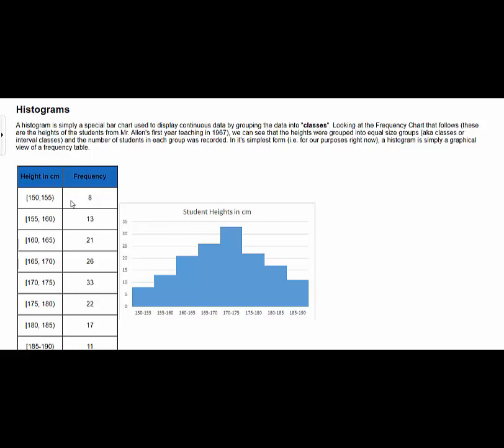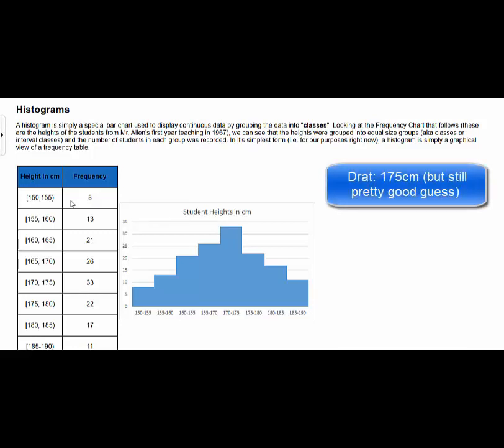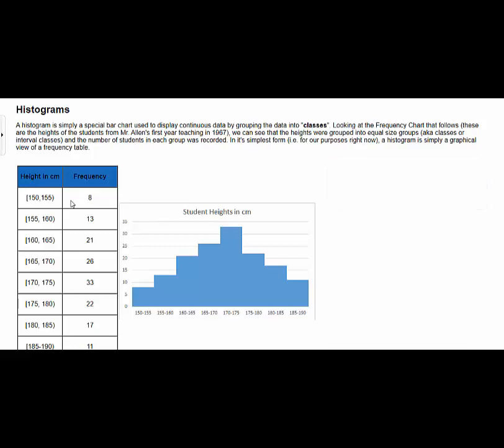When we talk about height, I might say I'm 5'9". I might say I'm 5'9.5". I might say I'm 172 centimeters. But if you had some kind of more accurate measurement, you might find that I'm 171.8. And if you found more and more accurate measurement tools, you could go decimals further and further. So essentially, if the values you're talking about can be decimal values, it's what we call continuous